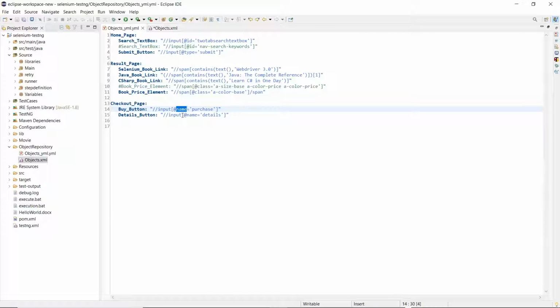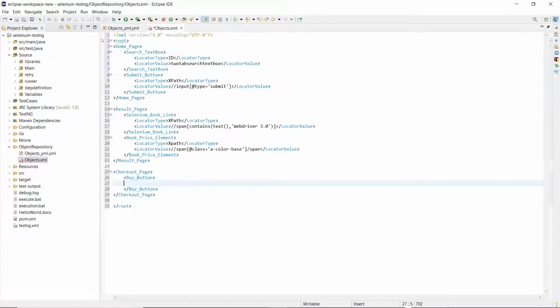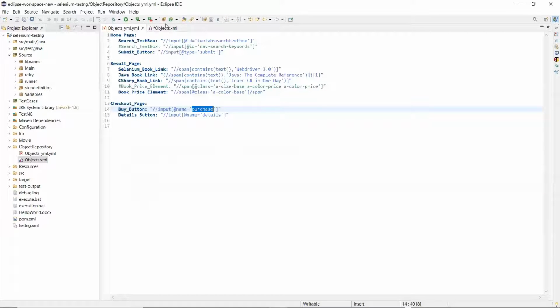Here this buy button contains the name attribute, which can be used as a locator type, as Selenium provides a way to search for an element by using name. So I'll provide the locator type as name, and then I'll add the locator value as purchase.